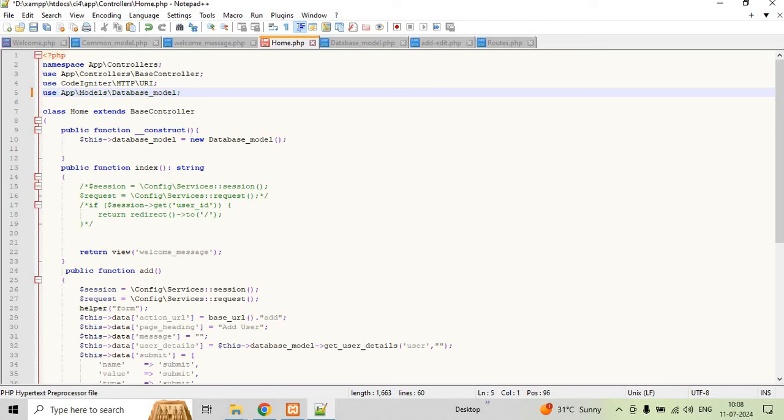We can include it like this, using the use syntax and then the path of the model. Remember, we need to provide the actual path. If your model is in admin, then you need to put admin here, and then like this. But my database_model file is directly under the models folder. That's why I have put it like this. You cannot just do it like CodeIgniter 3, where you can call the model class directly. You need to first include it here, just above the class